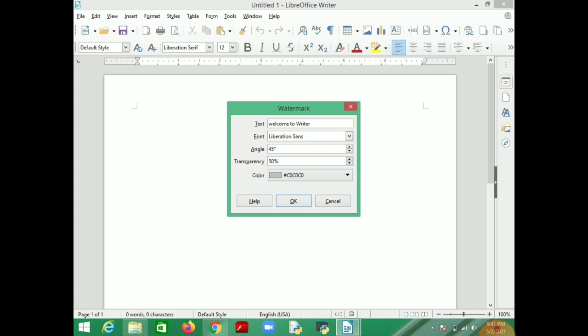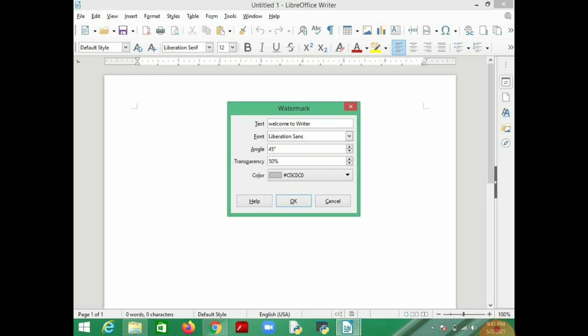Then you can choose the font style, then the angle: vertical, horizontal, or at 45 degrees. Transparency, whether it should be clearly visible or somewhat transparent, and color you can choose. And then when you click OK, it will be set on your page.